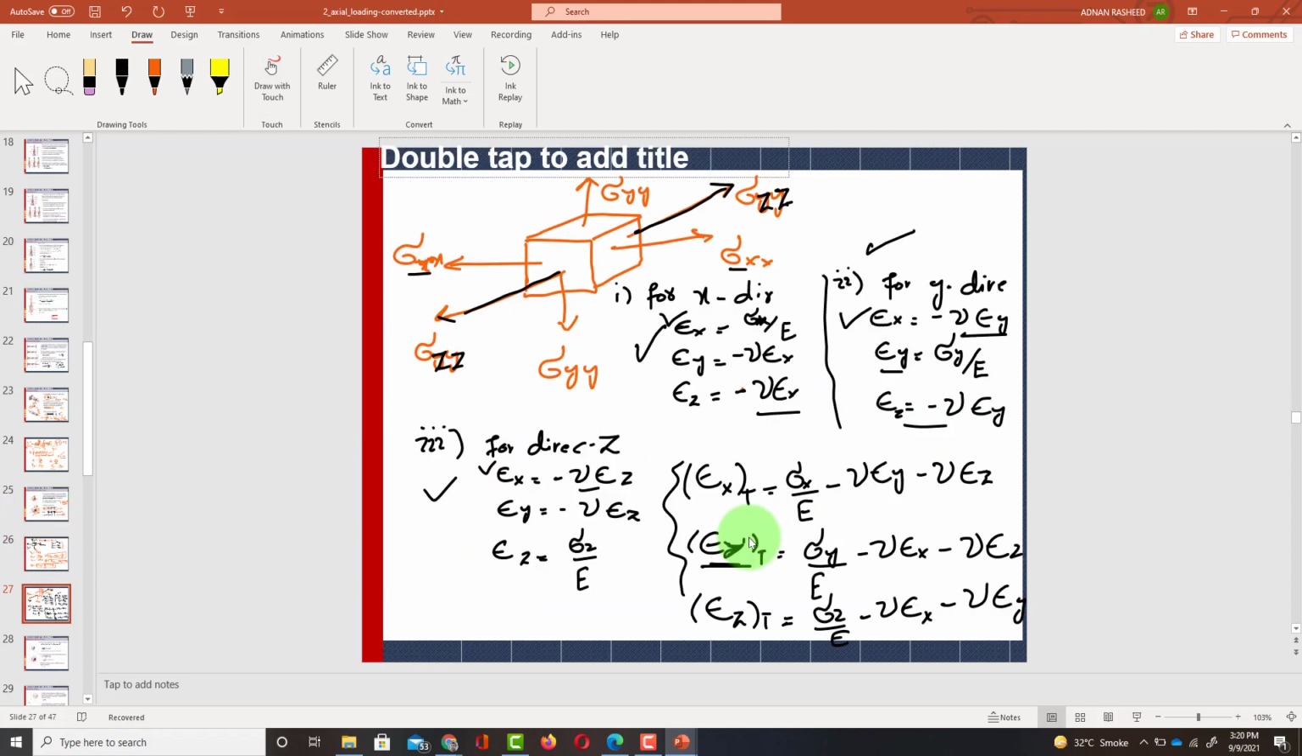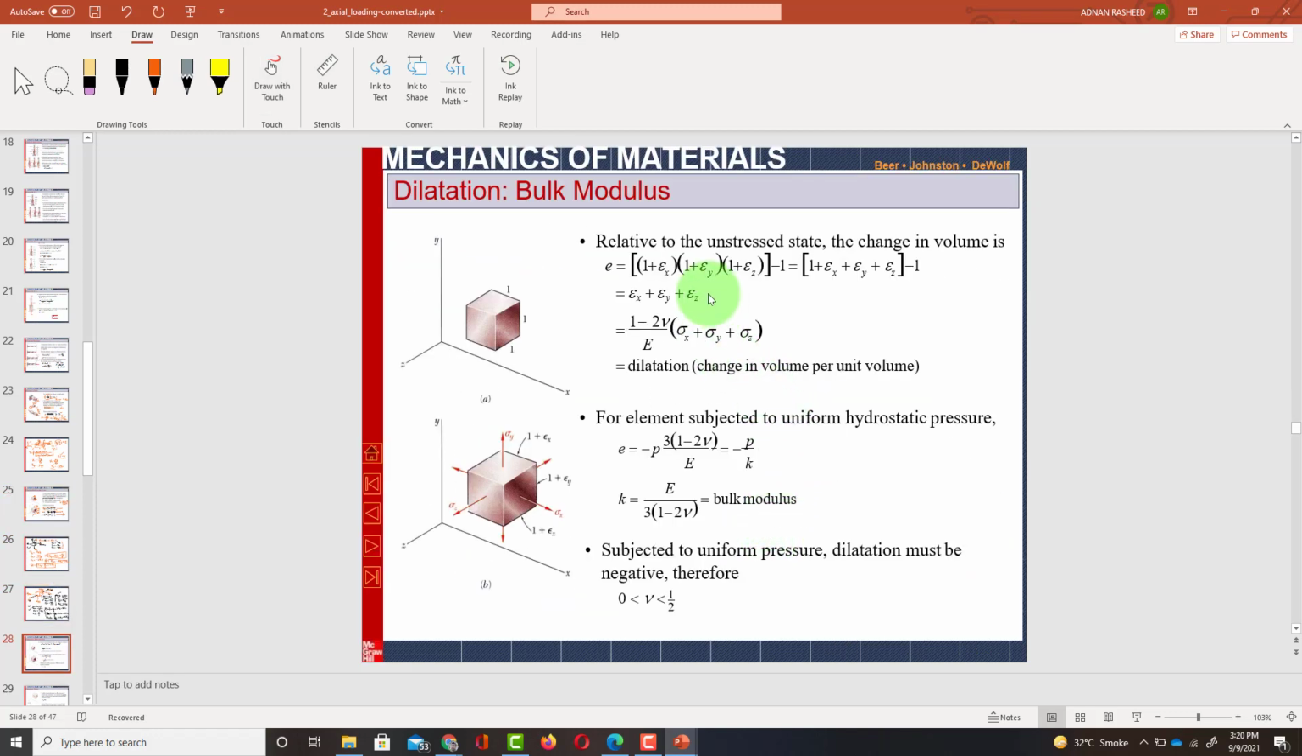अच्छा, तो फिर क्या होता है, हम इसको इसलिए एक्सप्लेन कर रहे हैं कि we are moving towards a new topic, that is dilatation और bulk modulus. Now what is dilatation और bulk modulus? Up till now